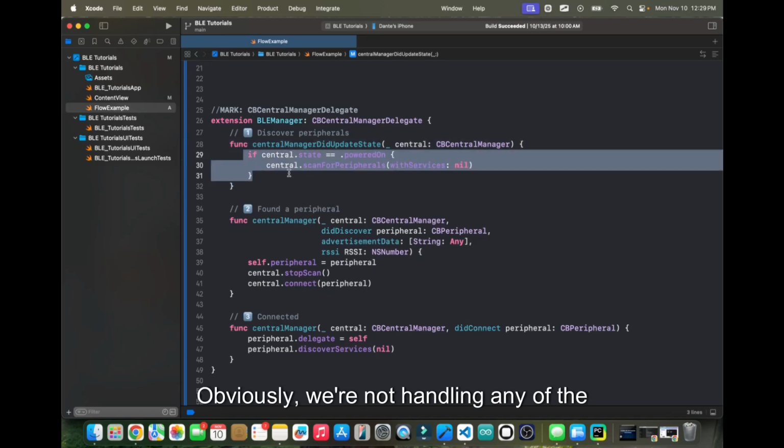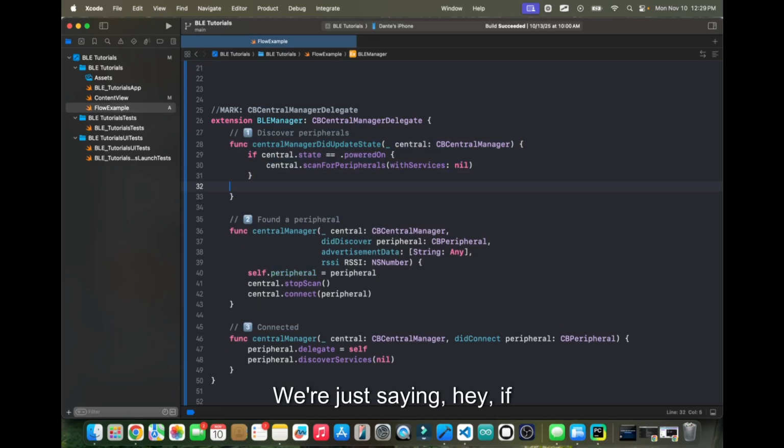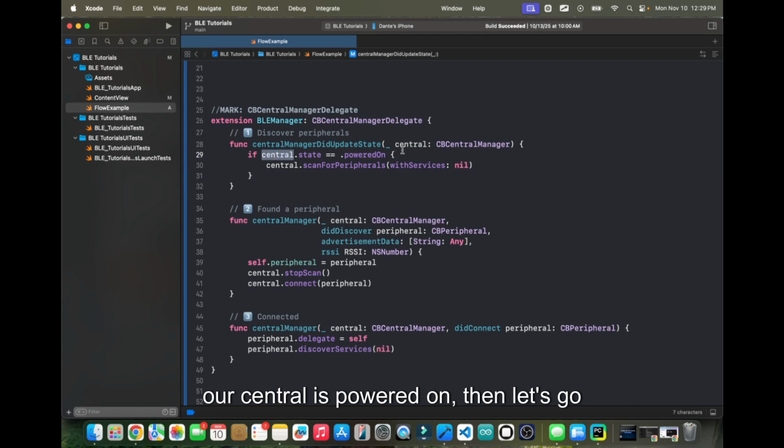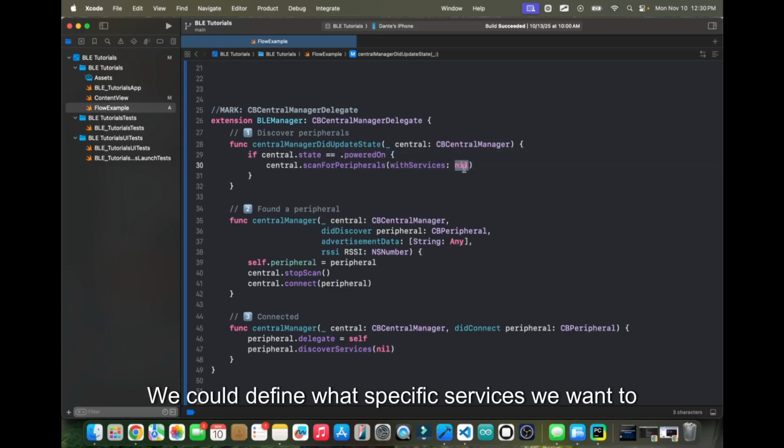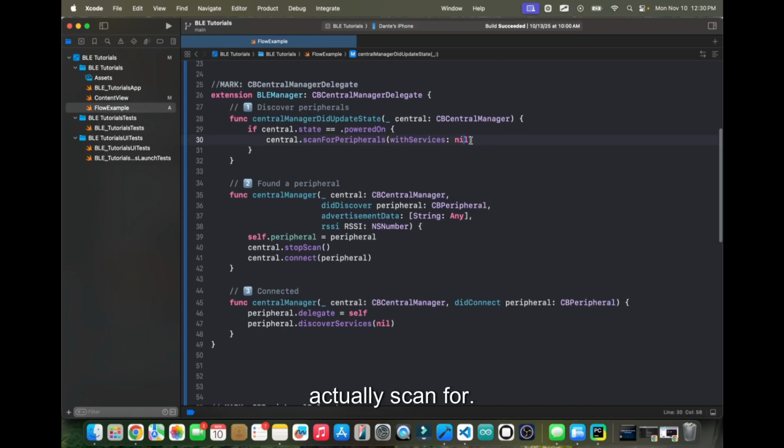Obviously, we're not handling any of the other states. We're just saying, hey, if our central is powered on, then let's go ahead and scan for peripherals with services nil. This is just saying we're going to look for all peripherals. We could define what specific services we want to actually scan for. So we would only find Bluetooth devices that have, let's say, that heart rate service or whatever, or a temperature